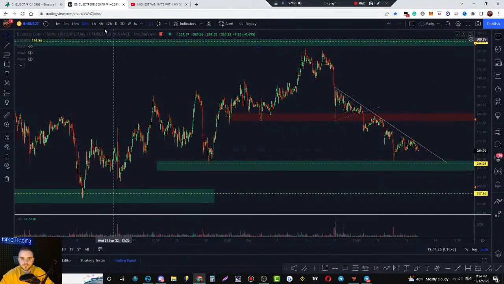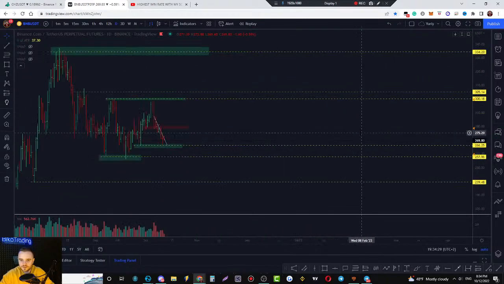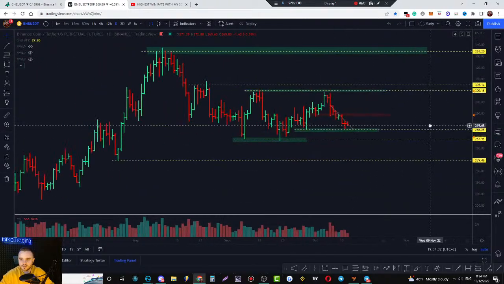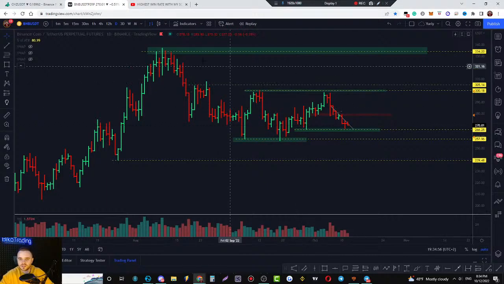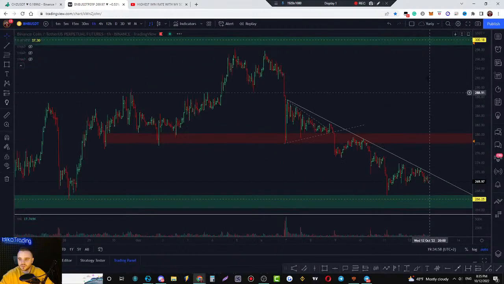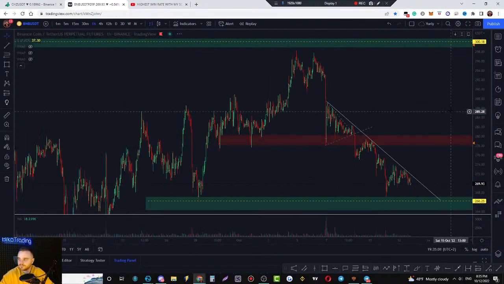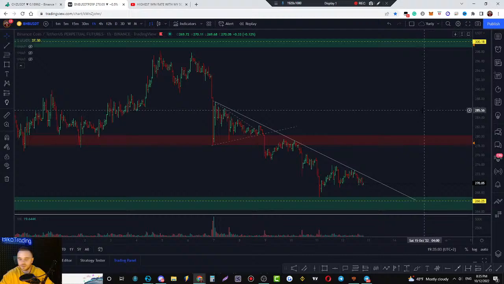What would be really good is if there also would be, for example, a breakdown of this level, and after that we could take some trade for long. Because globally, again, it is also in this big channel. To take short, there should be some pullback to this area, 280. From this area, I would be really happy to take some additional short, but not at this moment, because there's nothing for a trade for us.